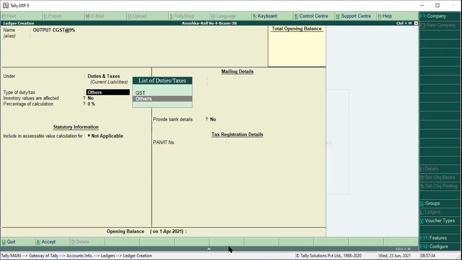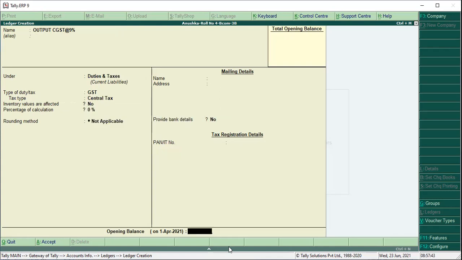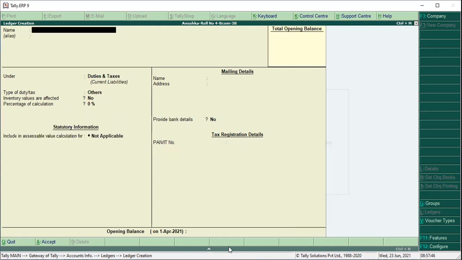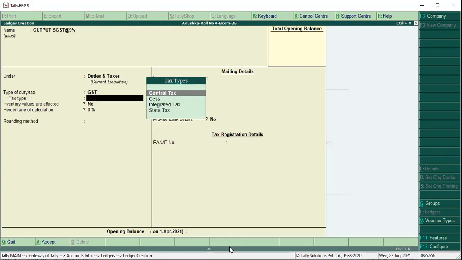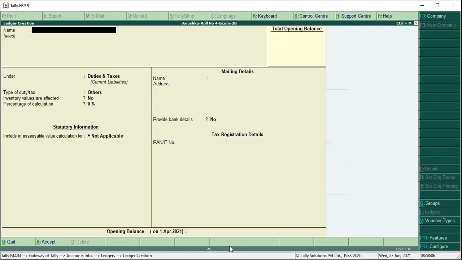Duties and taxes, type of tax select GST, tax type central tax. Then similarly, output SGST at the rate of 9%. Duties and taxes, type of tax GST, tax type state tax. You can skip the rest.